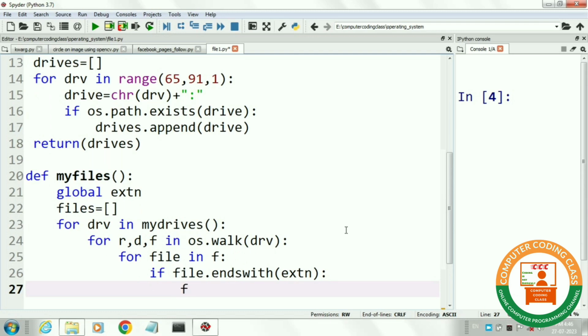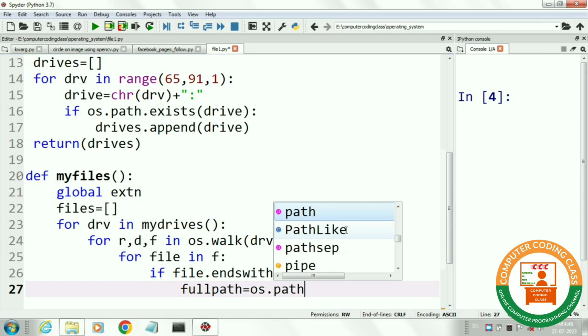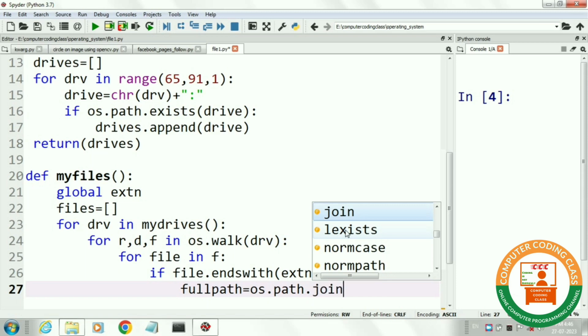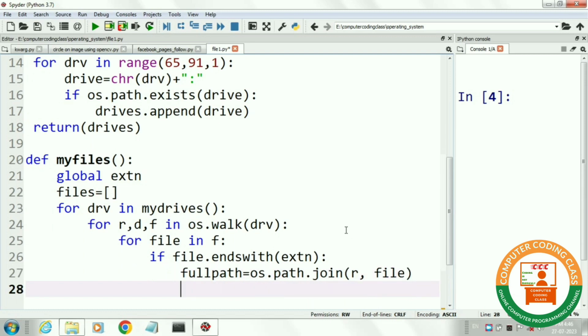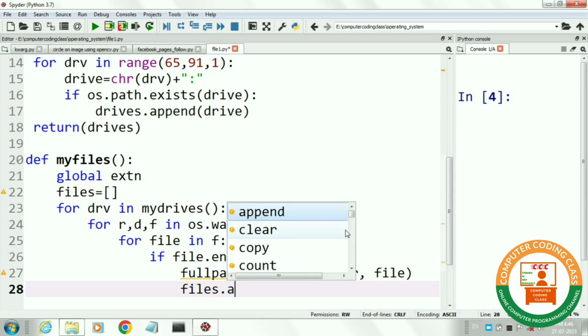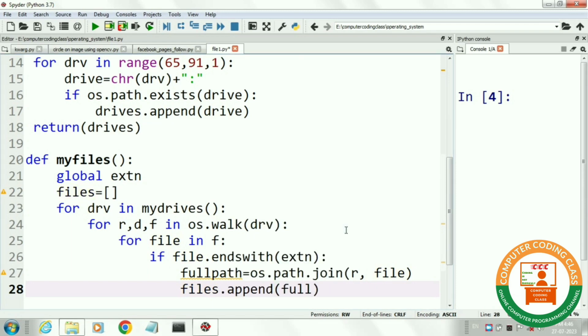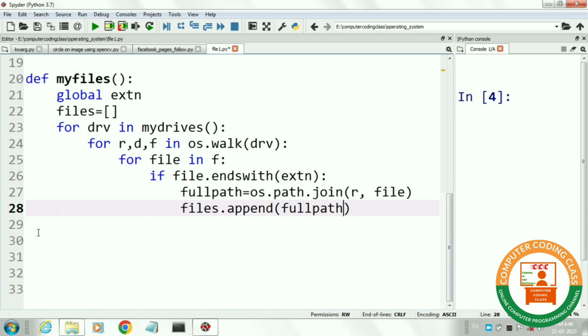If we find the file with correct extension, then first of all we will create the full path of that file, and then we will add the name of that file to our Python list files. Next, we will return the Python list files.